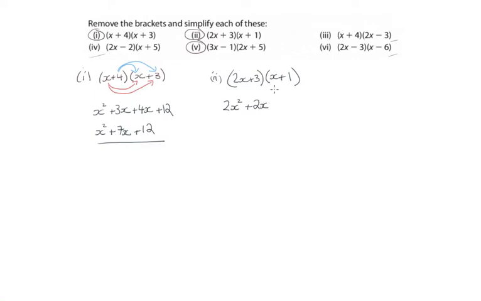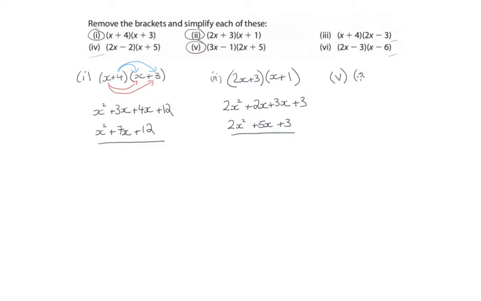3 multiplied by x is plus 3x, and 3 by 1, well, 3 ones are 3, so 3 multiplied by 1 is 3. And we simplify this further. 2x squared, there's no other x squareds, so we can leave it as it is. Plus 2x plus 3x, well, they add together to be plus 5x, and then plus 3. So that's the answer to that. Now I'm going to skip forward to number 5,